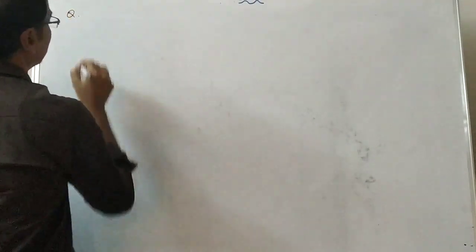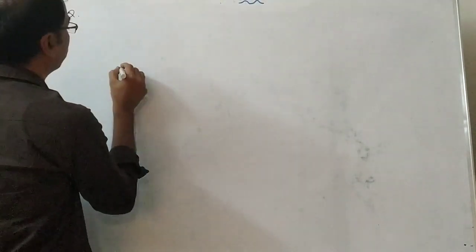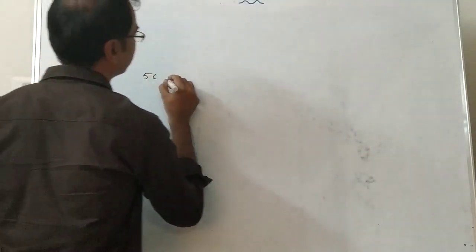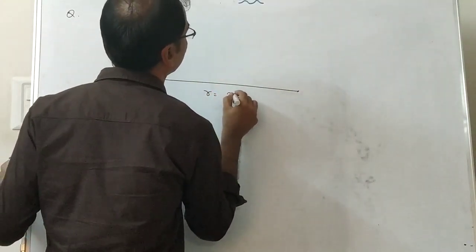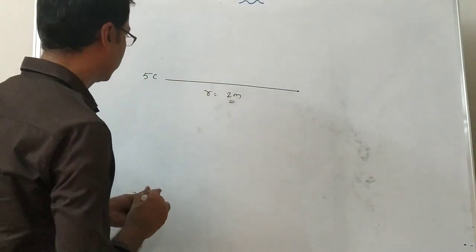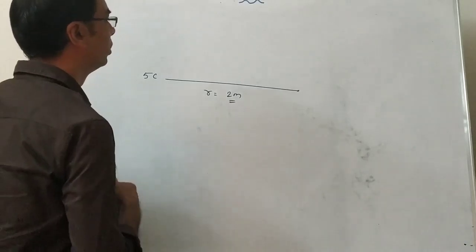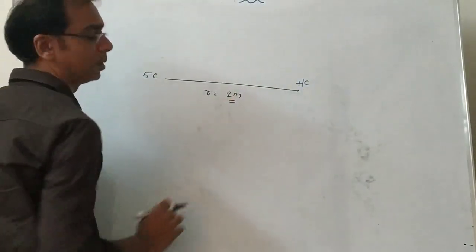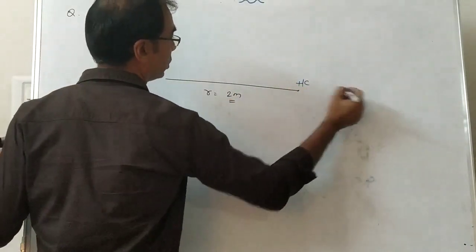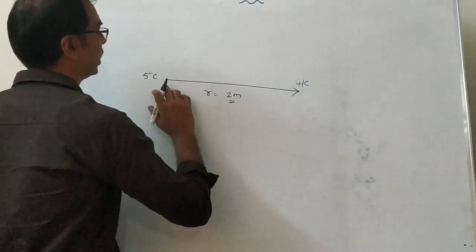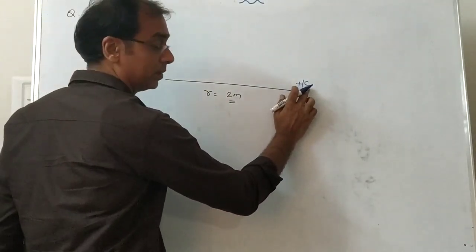So first is the basic question I'll start with. We did a similar question, but still one question we will do. Let's say a 5 coulomb charge is here, and we are asked to find the electric field at a distance of 2 meters from it, and also find the direction. Right? So how to find it? Plus 5 coulomb is here. We will bring here plus 1 coulomb. What kind of force is there between them? Repulsive. So direction: if we are writing in vector, we know that the arrow will be towards the charge where we are finding the force.